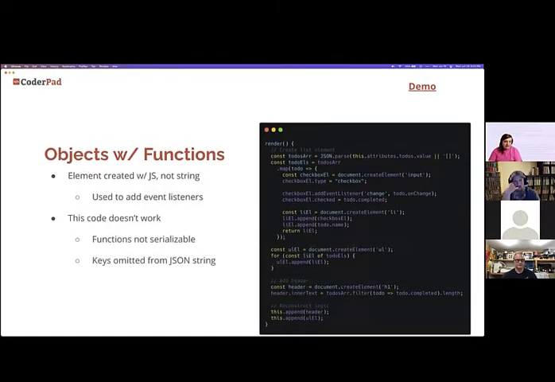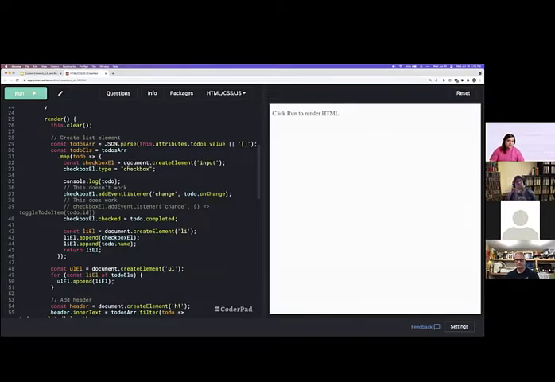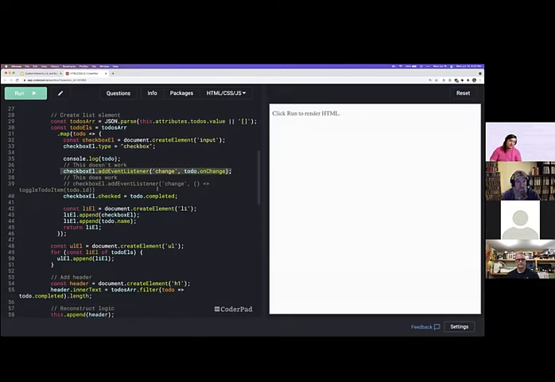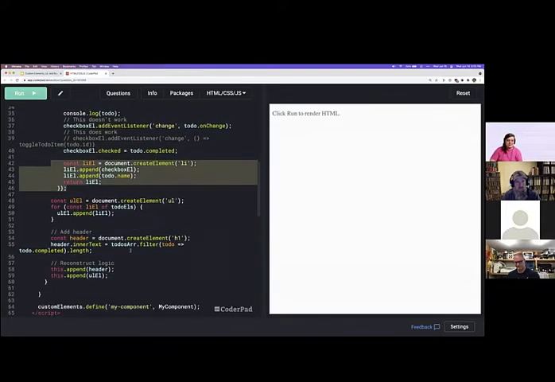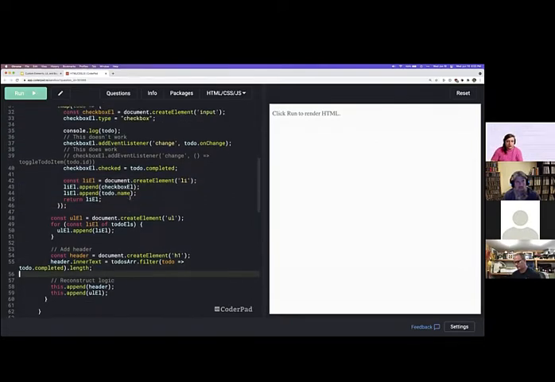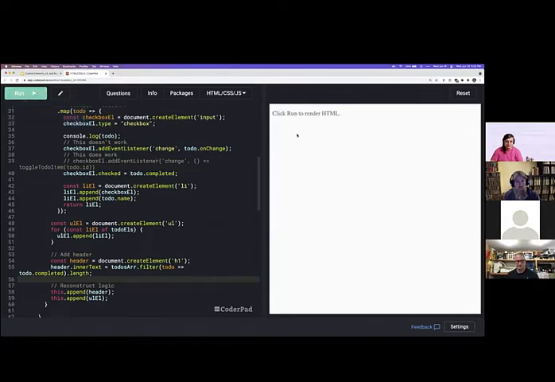So now what we have to do is manually create an input using document.createElement. Then we have to change the type. Then we have to add the event listener, which also isn't fully correct because we should also be removing the event listener later, but pretend I didn't say that. We're also going to change checked, and then we'll append it to li. This is getting pretty verbose. It's a little complicated to read, but you'll notice that if I click run,